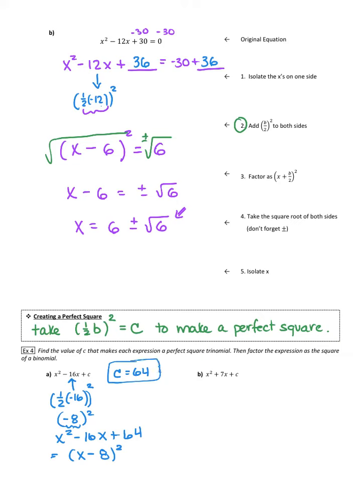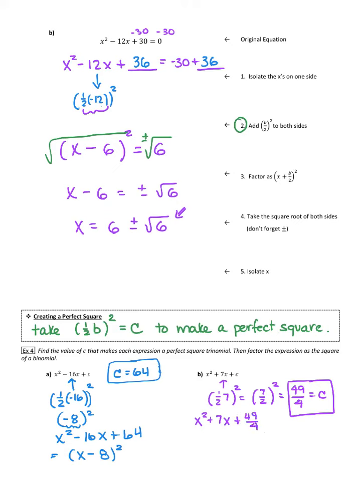Then lastly, here we have a nice odd number, but that's okay. So half of 7 squared. Realize you can write this as 7 over 2, and we're going to square it. 7 over 2 squared. So you square the top, and you square the bottom, and that's going to be our c value. That would make this into a perfect square. And just to show you how that would look if we had to then factor it, so this would be plus